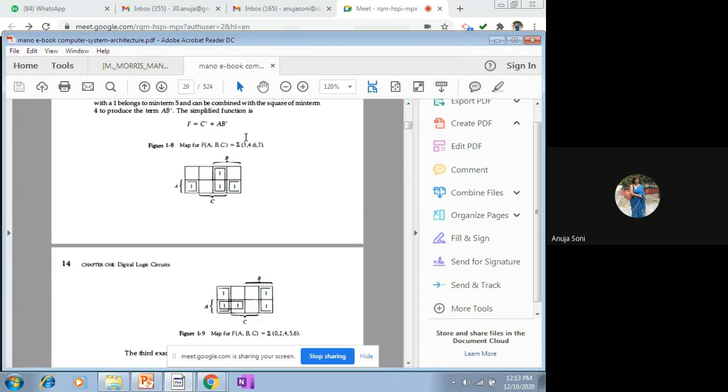for this expression. कि this is a new expression कि f is a function in terms of variables a, b, c, and that is written as a summation of those min terms which are going to produce value 1. So which min terms? 3, 4, 6, 7. So 3, 4, 6, 7 के corresponding all values are 1, 1, 1. और जो remaining min terms हैं, what are the remaining min terms? 0 बच गया, 1 बच गया, and then 5 बचा हुआ है, and then yes, 2 बचा हुआ है. तो for those min terms, like for this cell, for this cell, for this cell, for this cell,